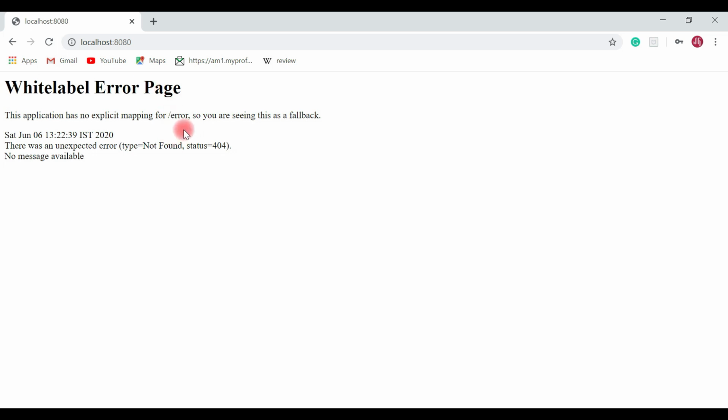Yeah, great. So we have logged in successfully, but after login there is no home page, right? So once the user is successfully logged in, the user should navigate to the home page. So the home page we haven't created yet. In the next video we are going to create a home page and logout implementation. Alright.